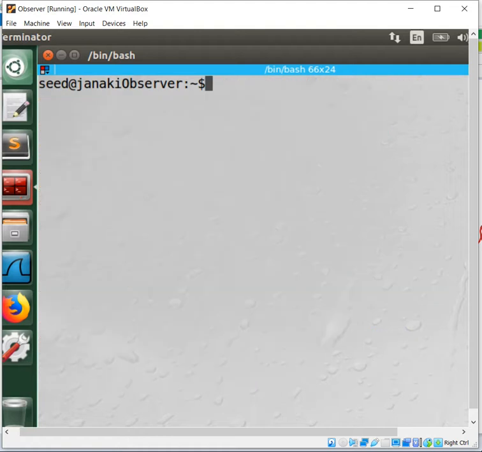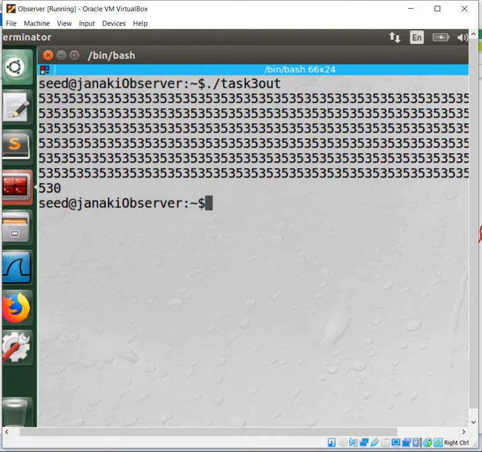So I am going to run the program. First, as usual, ./task3_out. It will print all the S value in hexadecimal format, all 53, 53, 53.